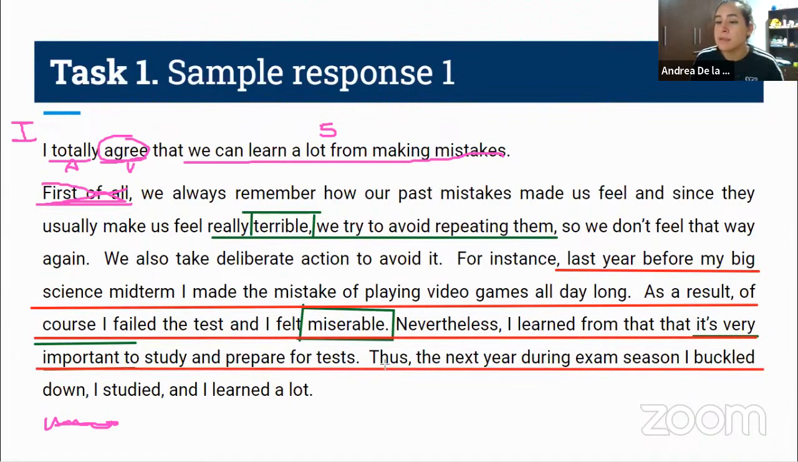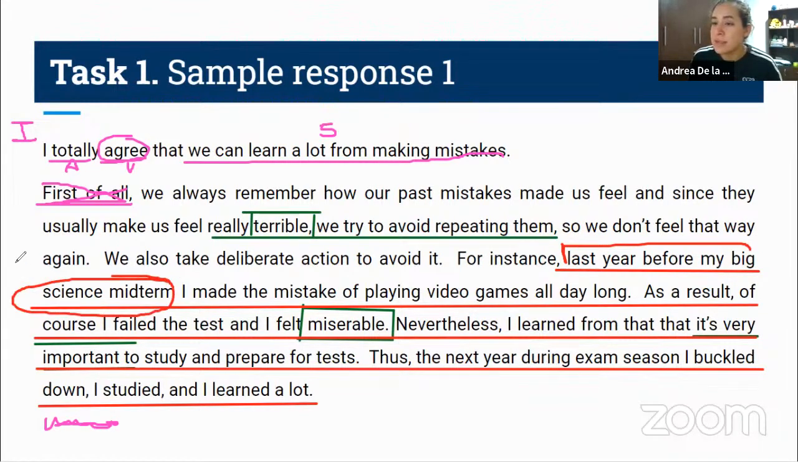Thus, the next year, I buckled down, I studied and learned a lot. So look at how his example contains what we talked about. He has context, last year before my science midterm, with the specific details. Look at the details. I made the specific mistake of playing video games, another detail. He has good grammar, past tenses. He has good transitions: as a result, nevertheless, that's, and the example is well connected to his reason and to